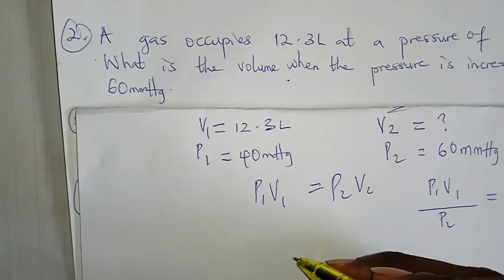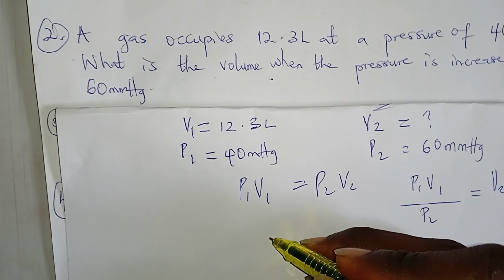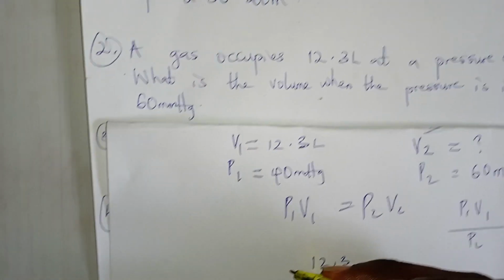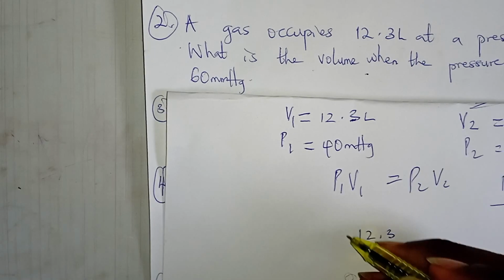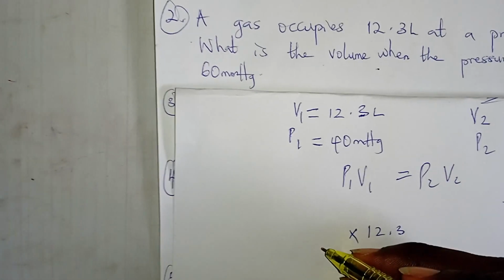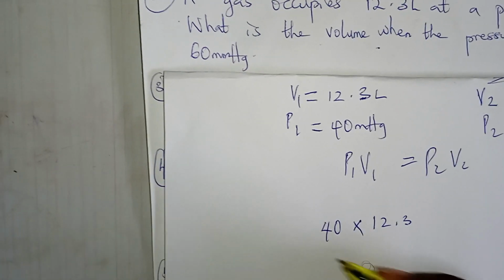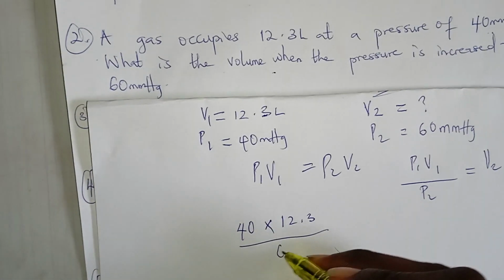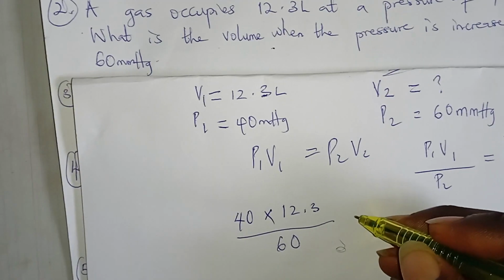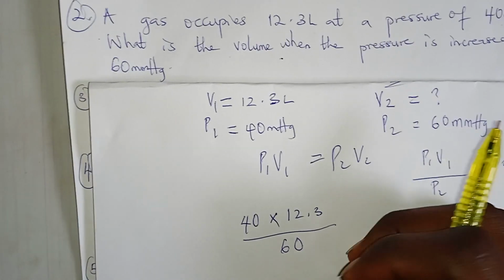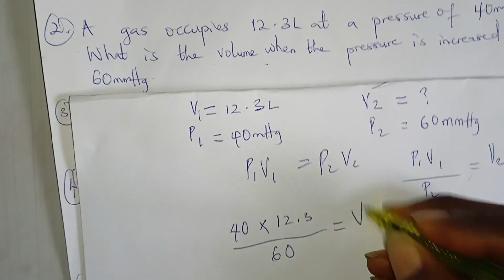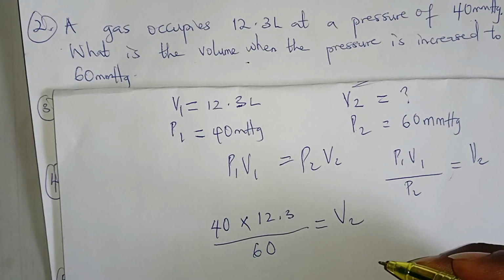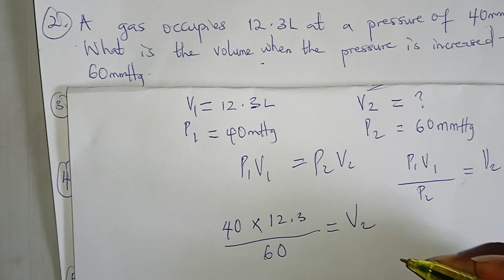So substituting what we have, this is going to be 12.3 for the volume times P1 is 40 all over P2, P2 is 60. And when you punch it, you have that V2 is equal to